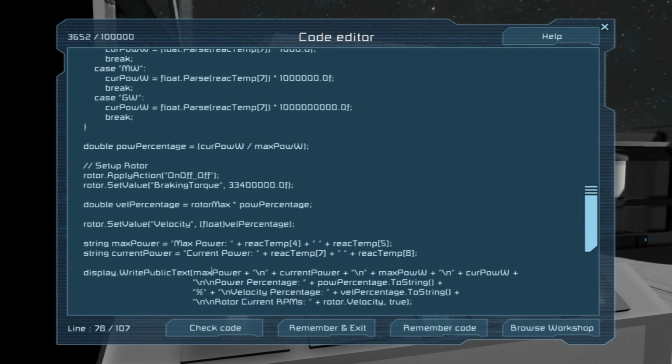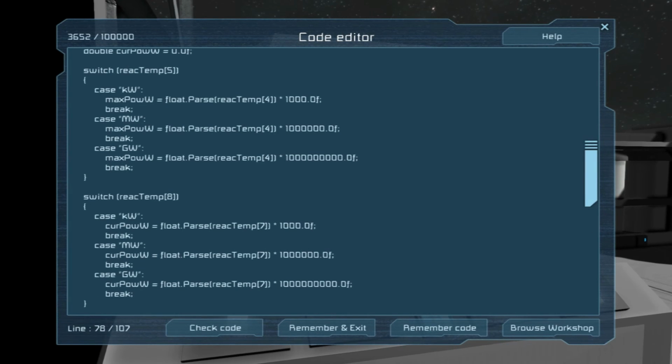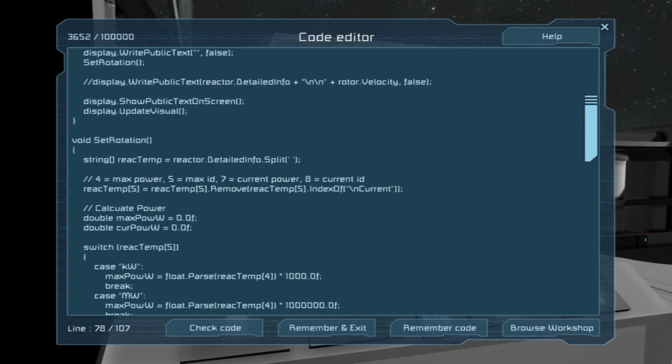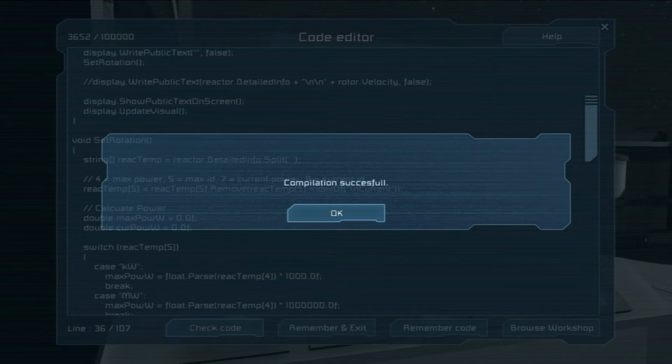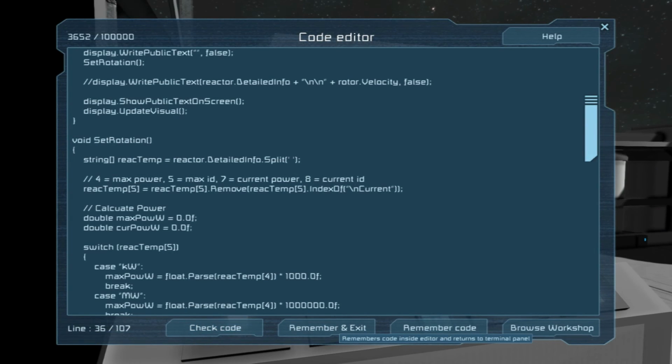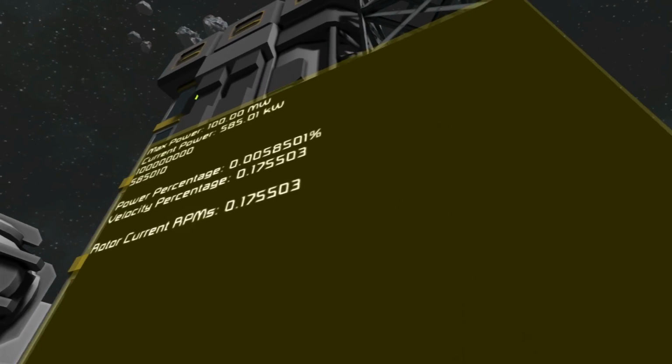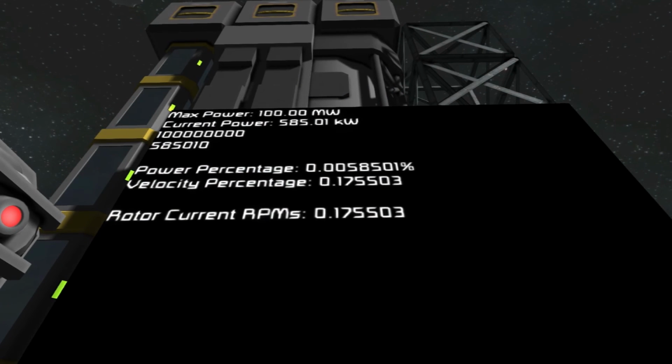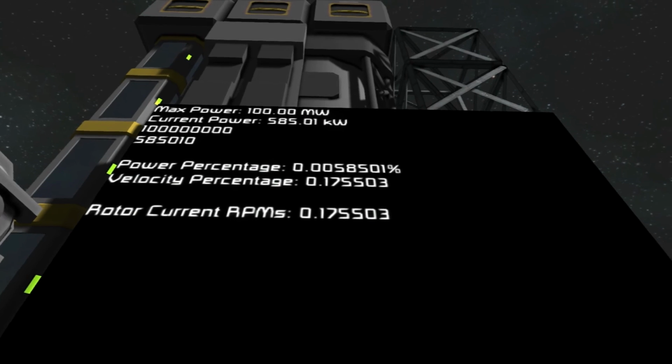Okay, so the last thing we need to do is... oh, one other big important thing is doubles. Actually, I don't know if I needed to do that or not. Anyways, I made these doubles because beforehand, if you don't, this 100 million ended up being like 1e plus 0.8.